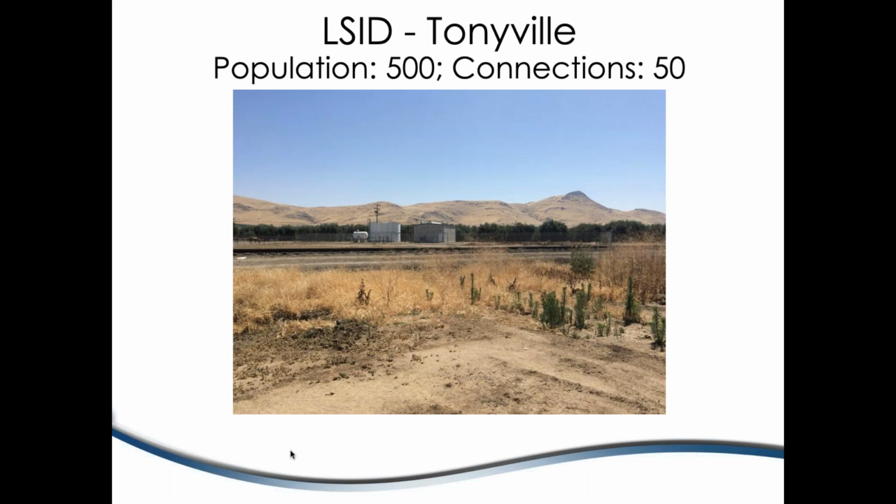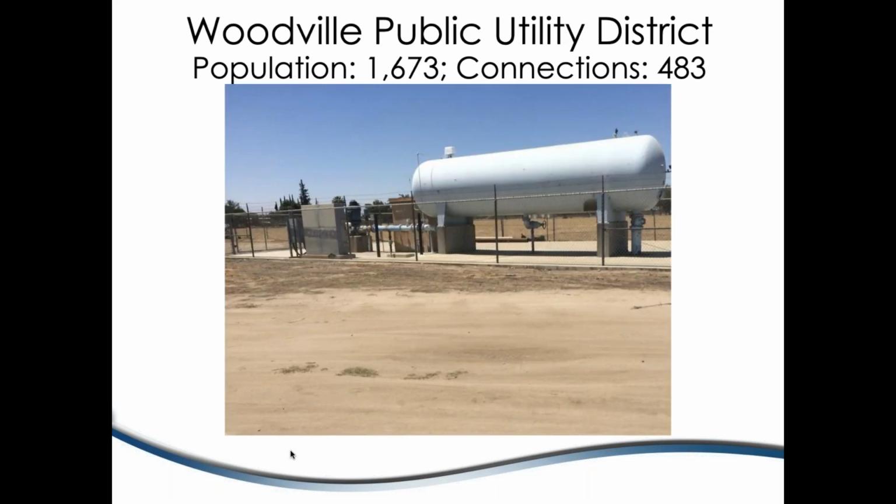And for a system this size to have that complexity, it's a challenge. But you'll note it's rural, very agricultural, and not many additional resources to be able to draw upon for other sources of supply. Woodville looks a little bit more like a typical groundwater system where you've got a bit more recent infrastructure. This happens to be a more recently installed well, but like many other wells in this geography, has